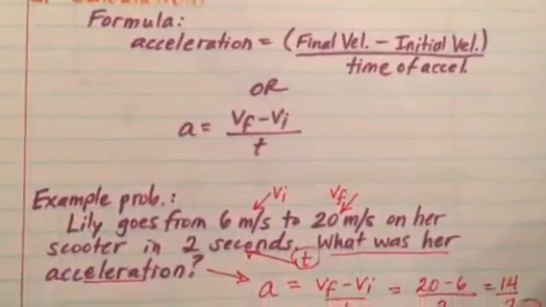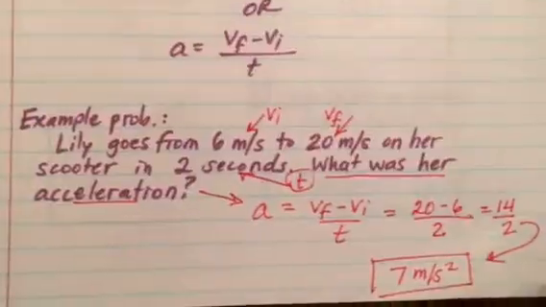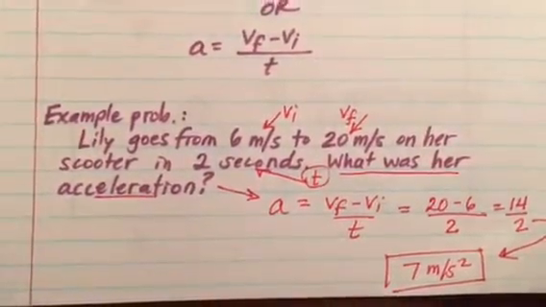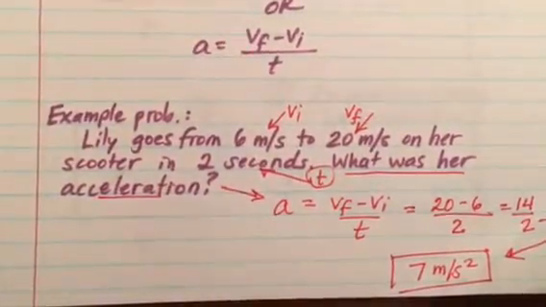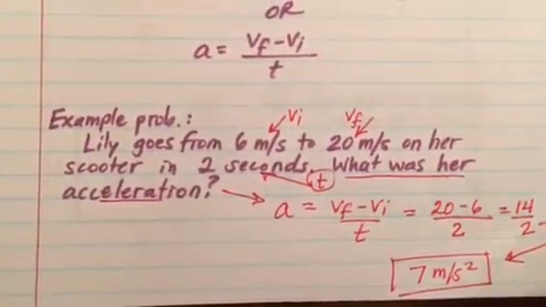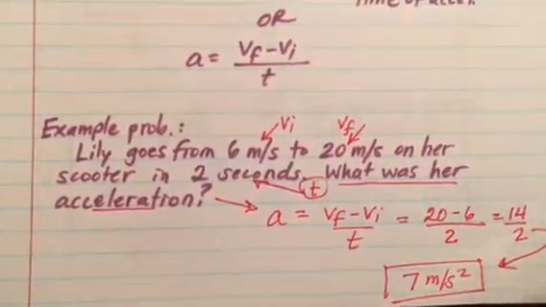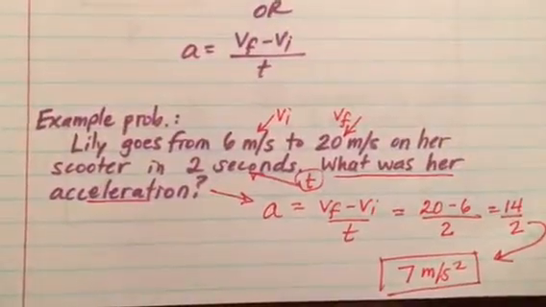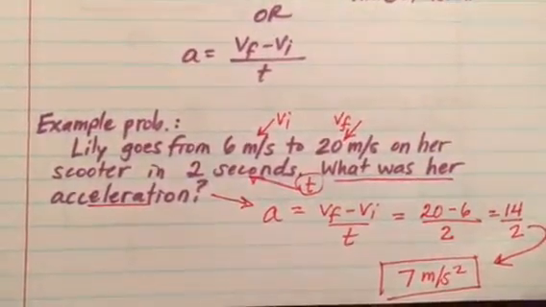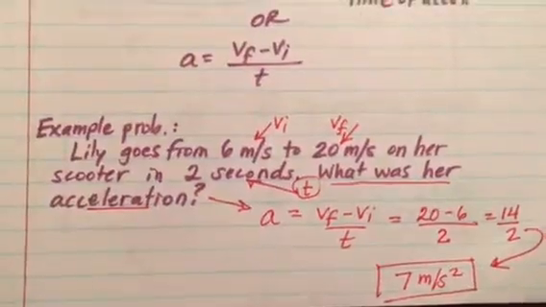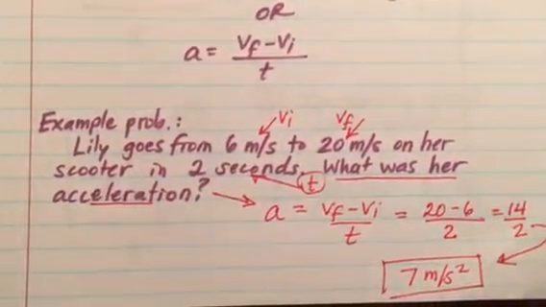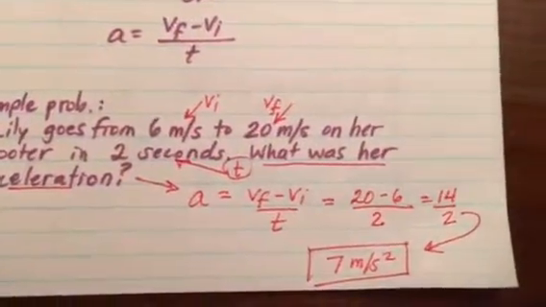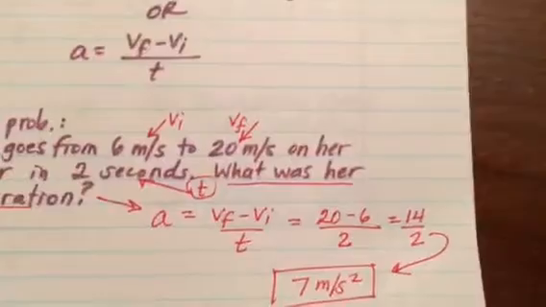So a sample problem might look like this, where you have a person going from 6 meters per second to 20 meters per second in 2 seconds. What's the acceleration? So once you know that you're looking for acceleration, you have to go, okay, I need the acceleration formula. And once you know you need the acceleration formula, you need to pick the final velocity, the initial velocity, and the time out of the question and put them into the formula in the right way, as shown